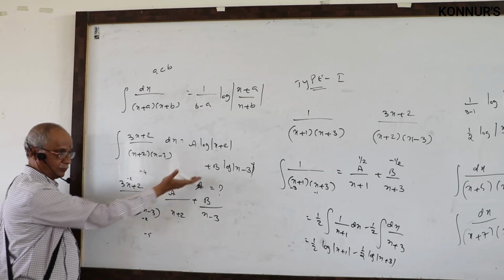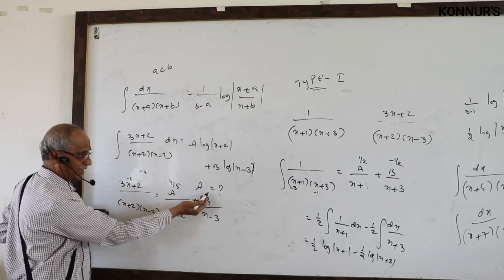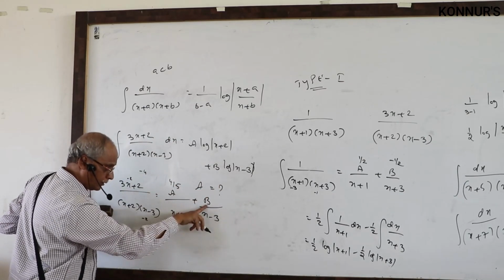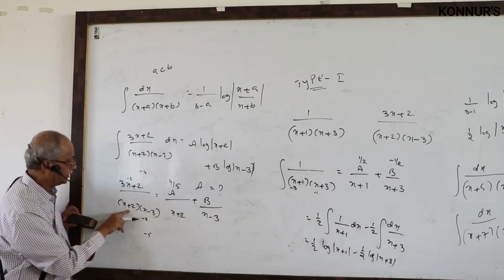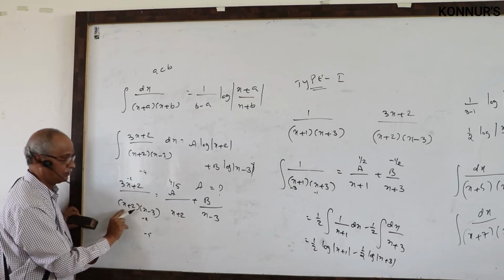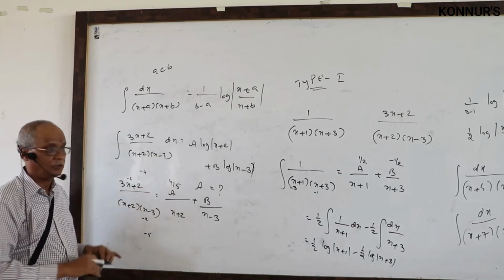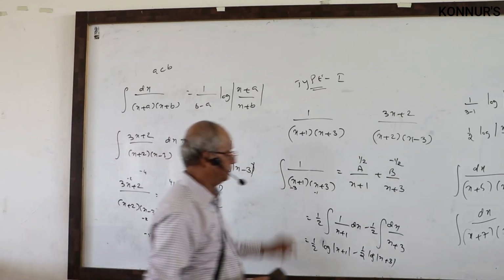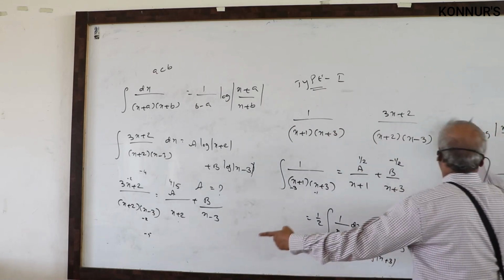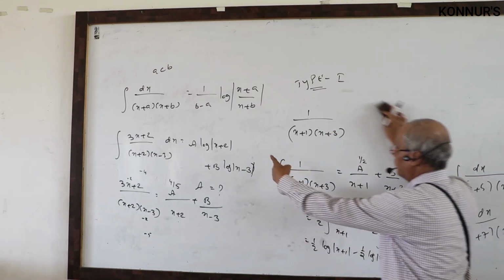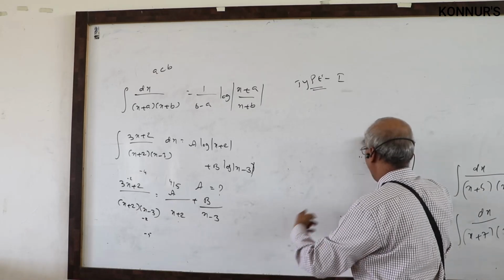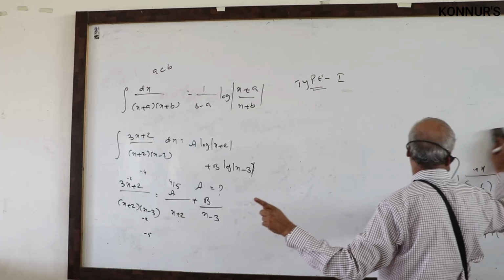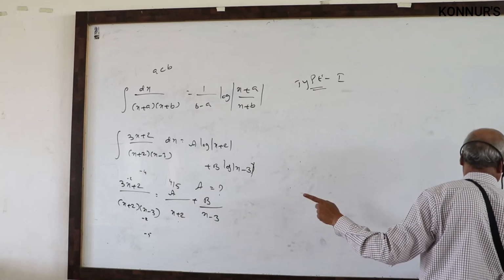Not possible. Solution waste only. So a is only being asked. If they want b alone, you find b. Substitute x equal to 3 here. 9 plus 2, 11, 3 plus 2, 5, 11 by 5, answer over. Not even integration. That is why partial fractions are very very important. So suddenly they can ask for an unknown number or a direct answer. All that we are discussing is only type 1. Remember it is type 1 only.